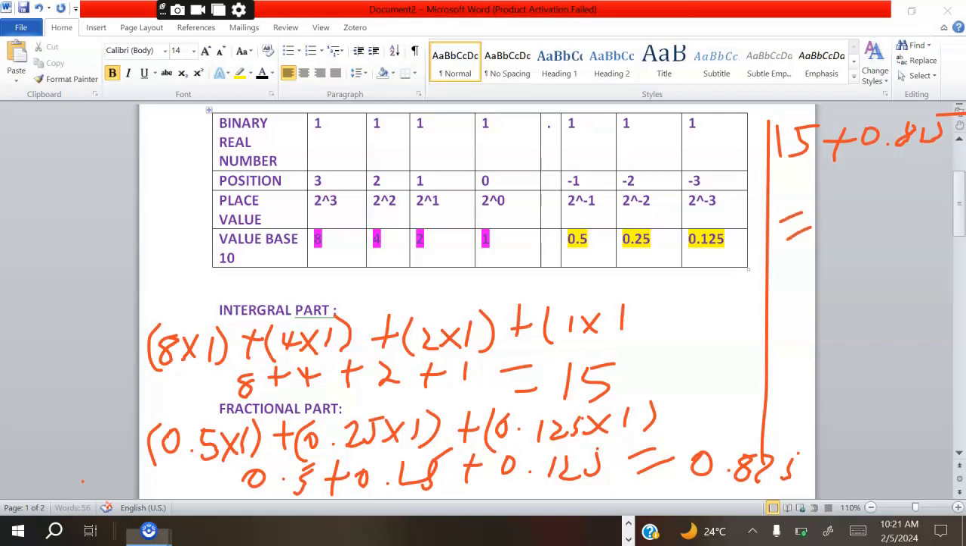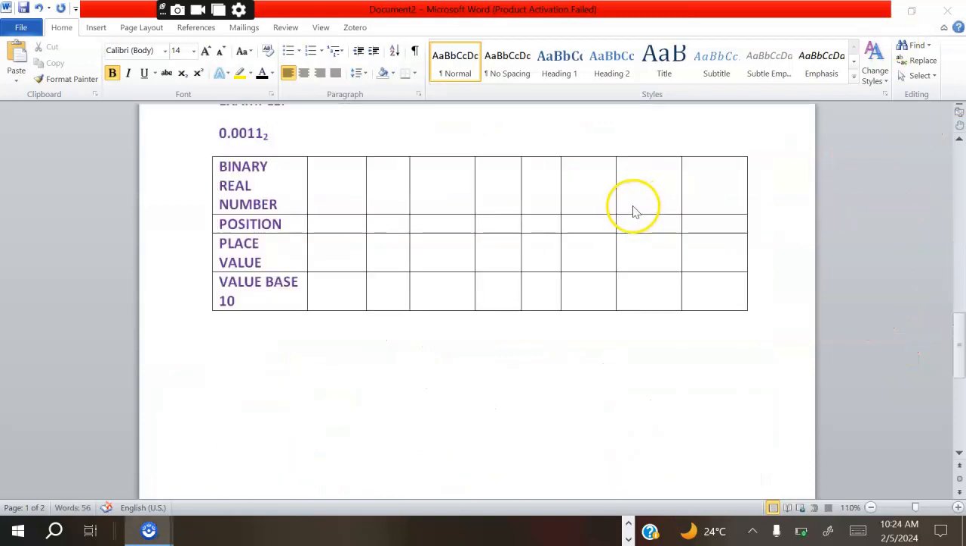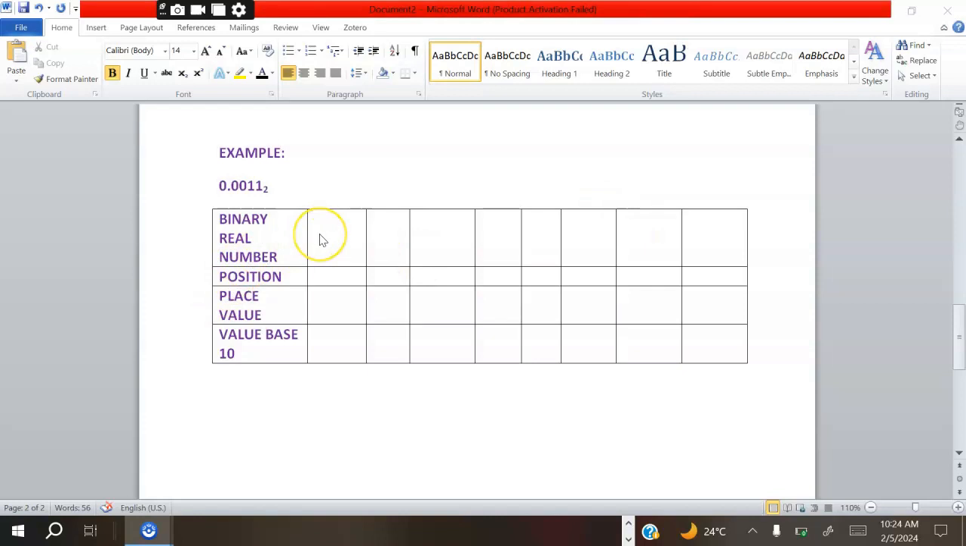Okay, now on the other part, take the integral part, that is 15 plus 0.875. So this one is supposed to give us a total of 15.875 base 10. So this is now the answer for this question. Okay, let's move to the next part. Our question 2 or example 2, we have